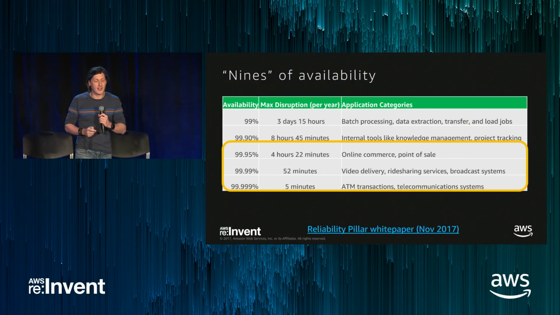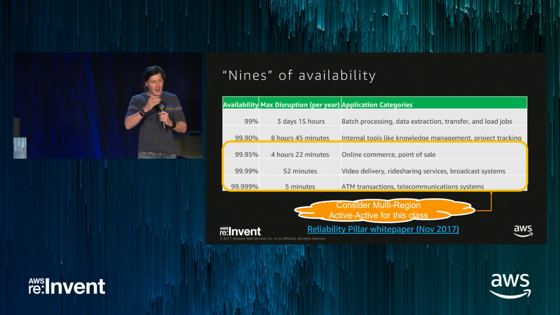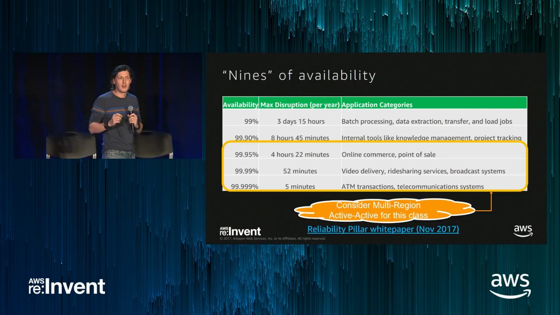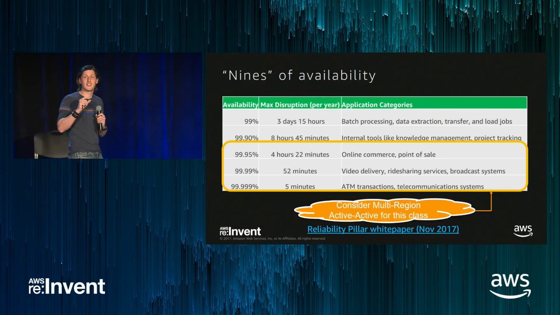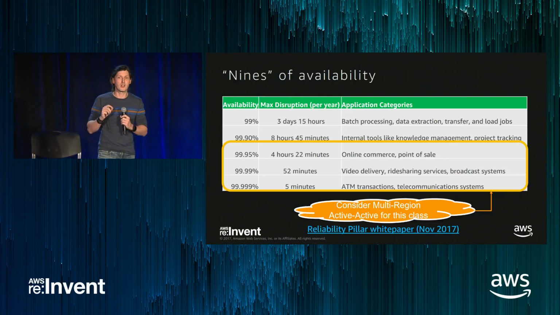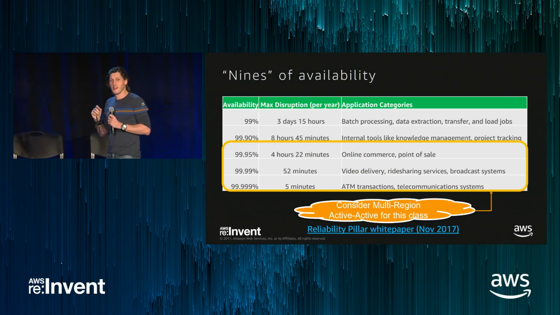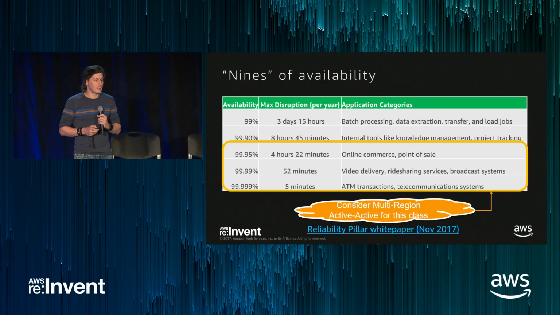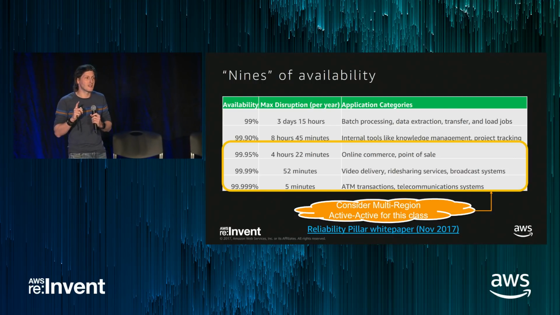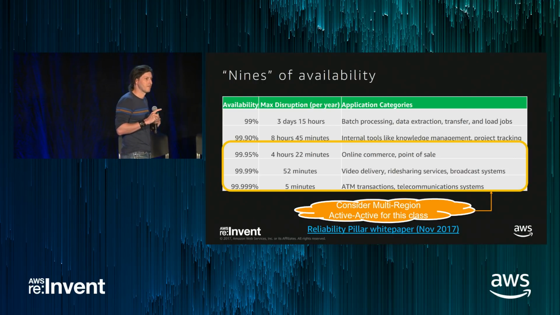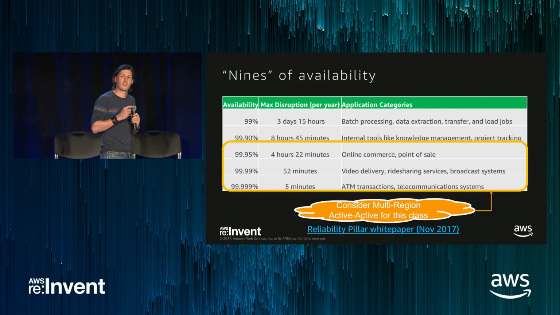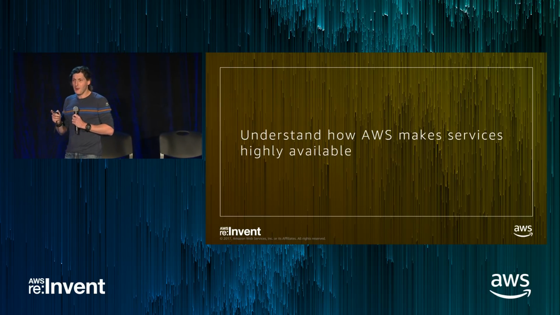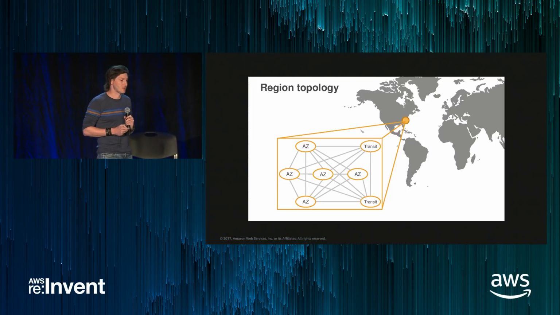So as you think about these nines of availability, as you start getting into 99.95% and above, this is where you want to start considering a multi-region deployment. And there are different ways that you can do multi-region, which the team is going to go through. Considering doesn't mean doing. It just means have a conscious thought as to whether you're consciously wanting to go down this path or not.